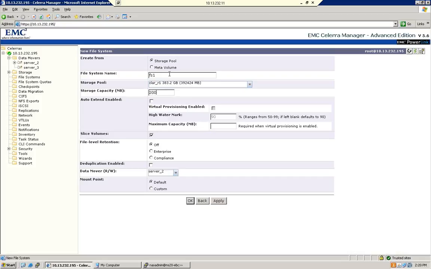So I've got the file system name, I've got the storage pool. A question, so what happens when this storage pool